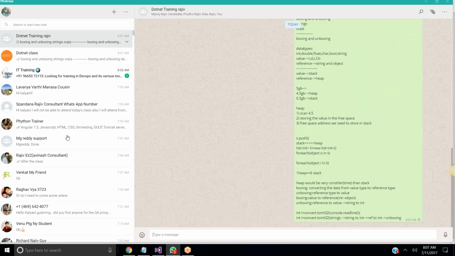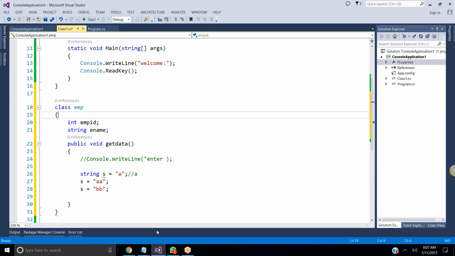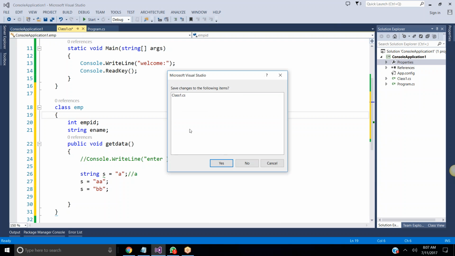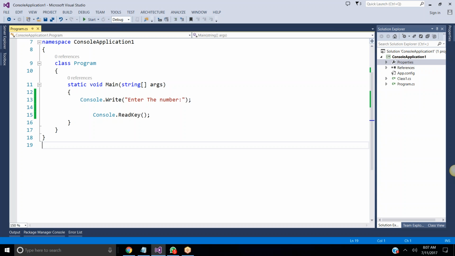Yeah, now we're going to discuss the other topic, that is strings. Now see here, all of you, we have so many predefined methods available in strings. We'll discuss those things now. Now listen here. Here I'm putting the startup class to Program and I'm saving this. And now listen here all of you very carefully.